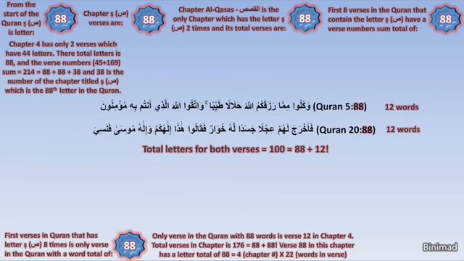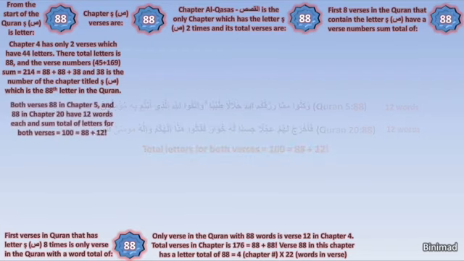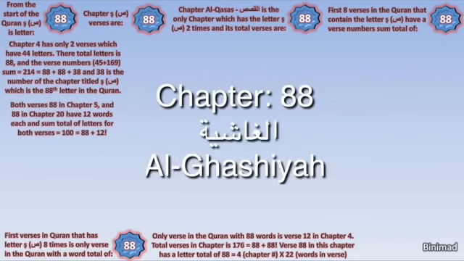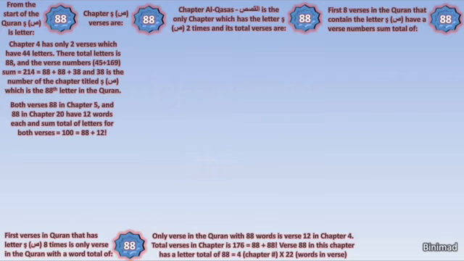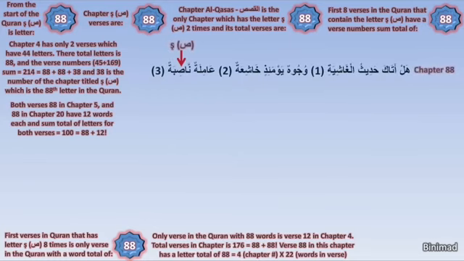Everything is revolving around the number 88, so surely we must look at chapter 88, i.e. chapter Al-Ghashiyah. The first appearance of Sad, the 88th letter in the Qur'an, in chapter 88 came in the 3rd verse. Because this is a unique Sad, i.e. the letter revolves around the number 88, and this is its first appearance in chapter 88, we look much deeper.